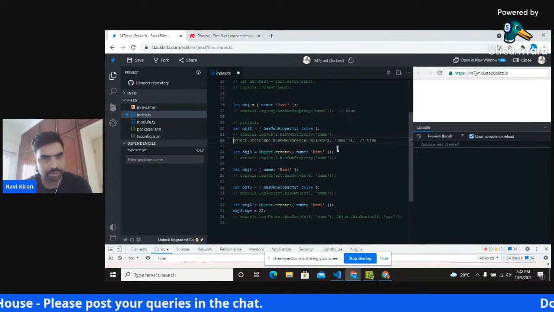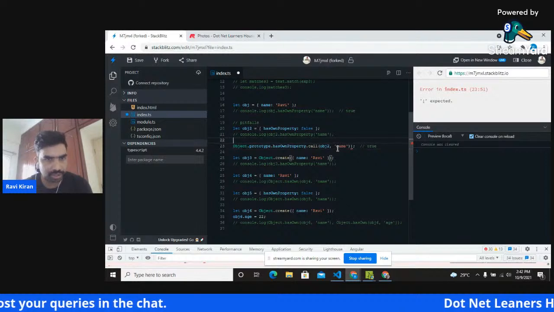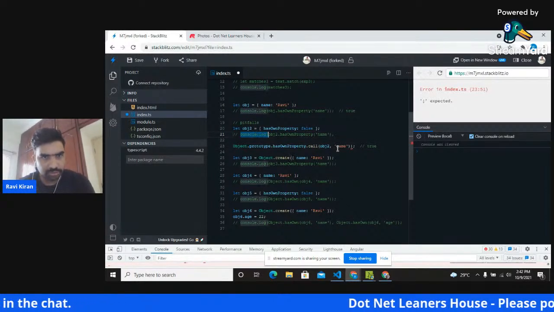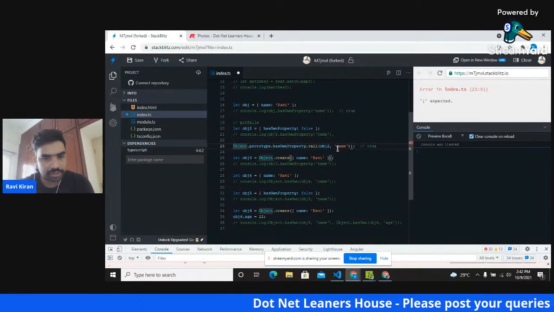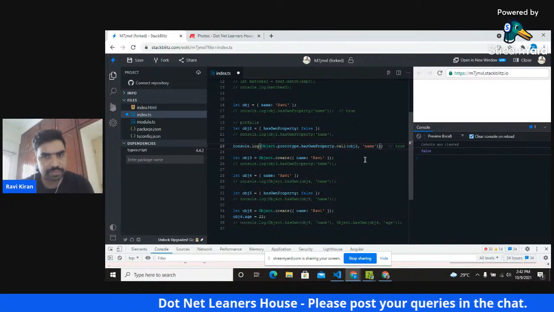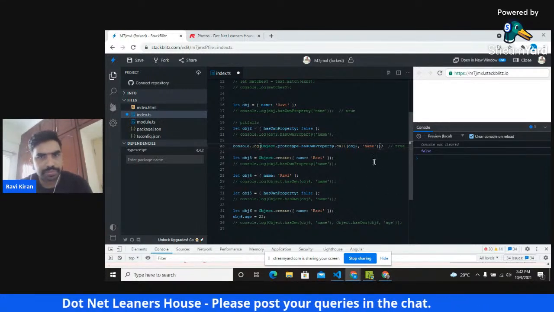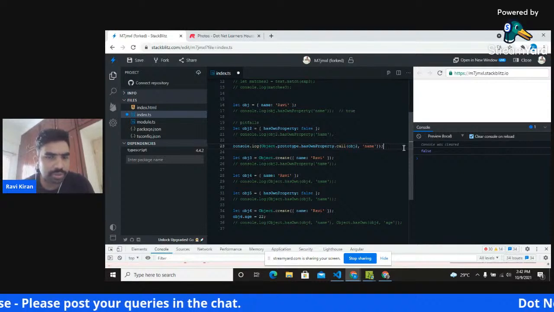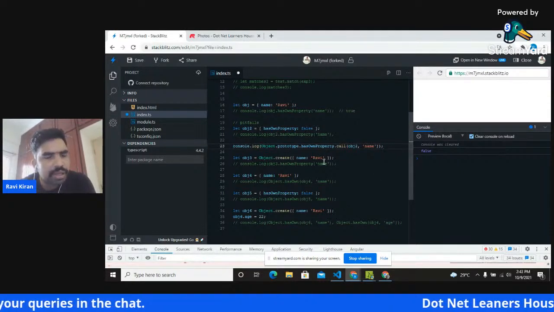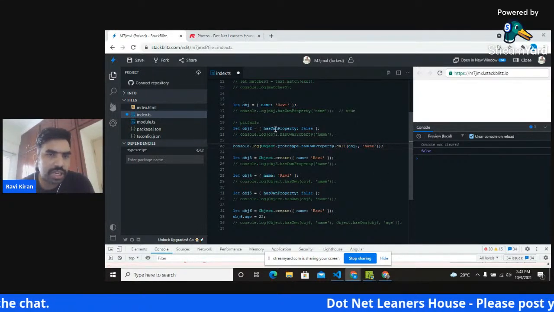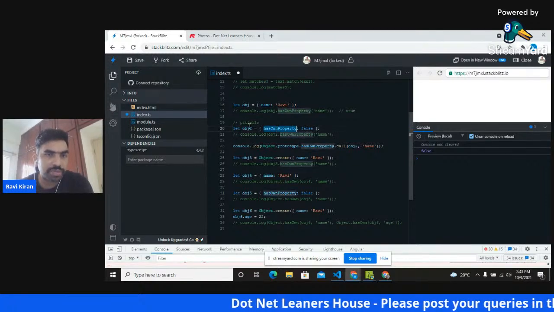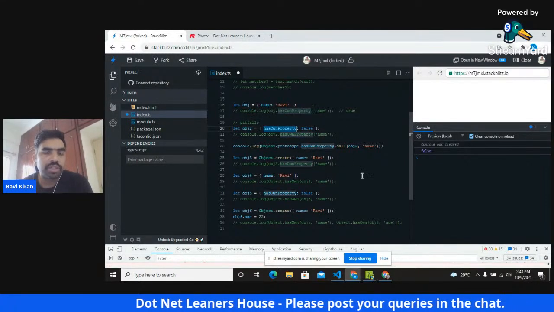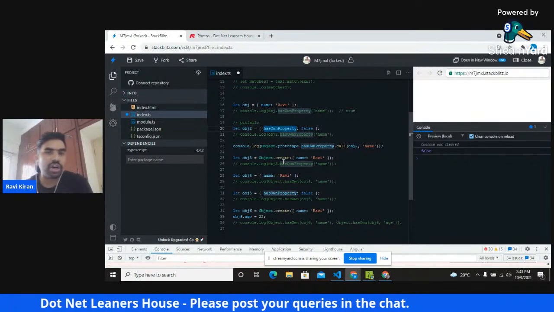Let me give an enter and do a console log of this. So this is actually false. Let me remove this comment, that's misleading. Because hasOwnProperty has been overridden in the object obj2, I'm actually calling the one that is defined in Object directly.